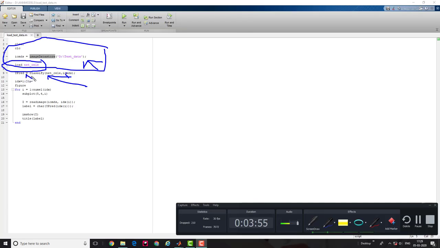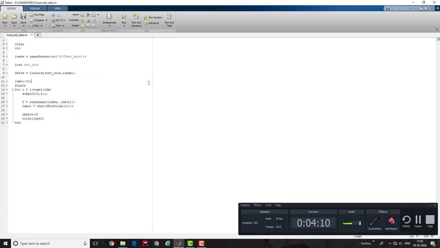YPredict holds the predictions for each image, and I'm using 20 images for validation. So I'm going to visualize the corresponding labels of those 20 images. Let's move forward, guys, and hope it works well.